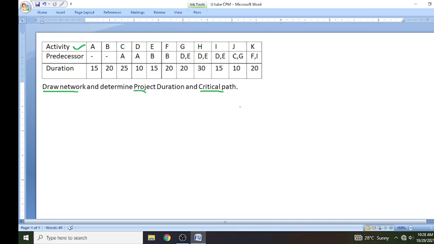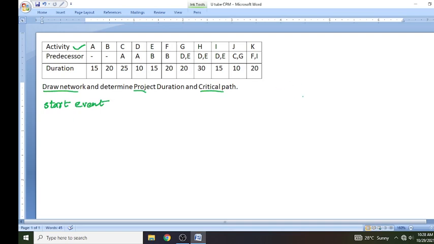Okay, so the first step before drawing the network is to see which activity will come in the start event. First we can see the start event. Every project or every network has a start event. I must write it here, start event, and then we have the end event.